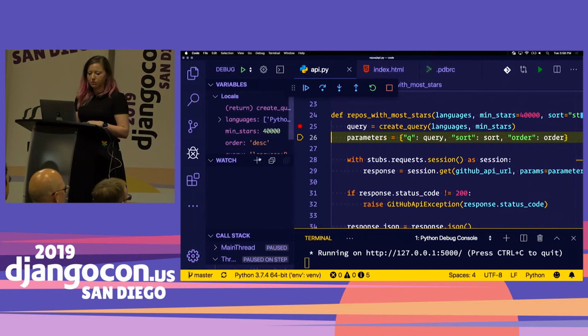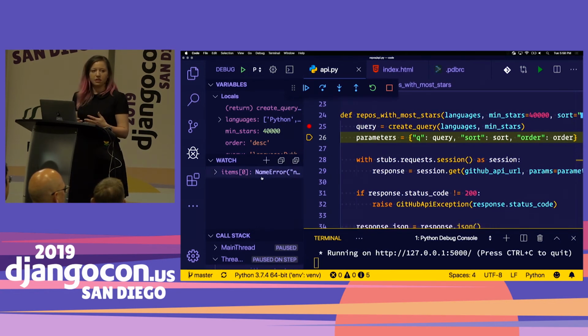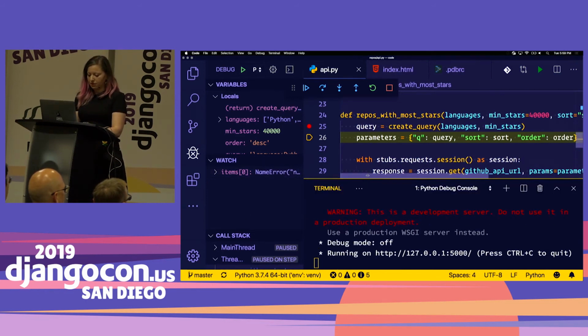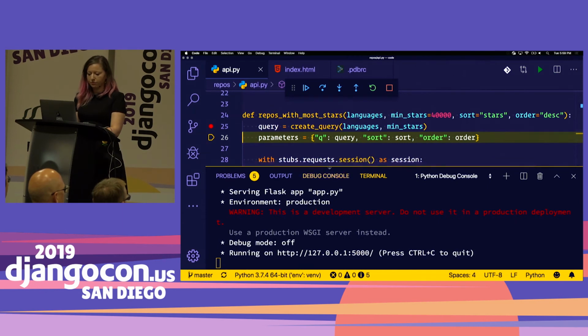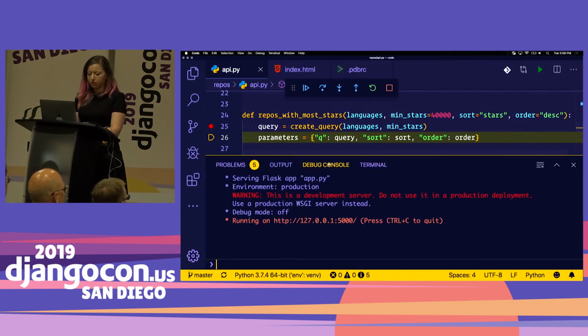I also have access to a very easy watch. So the watch is a place where I can put variables that I'm really interested in, and they will always appear on the left-hand side. There's also a nice debugging console here on the bottom to the left of terminal. It has tab complete and